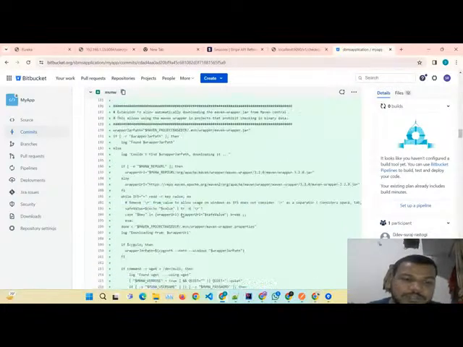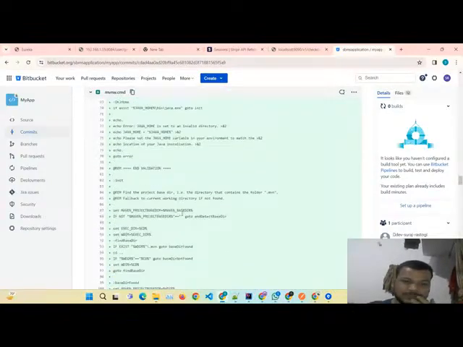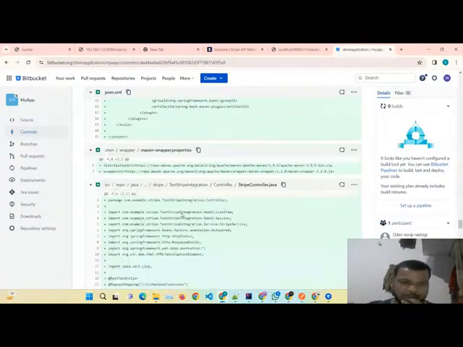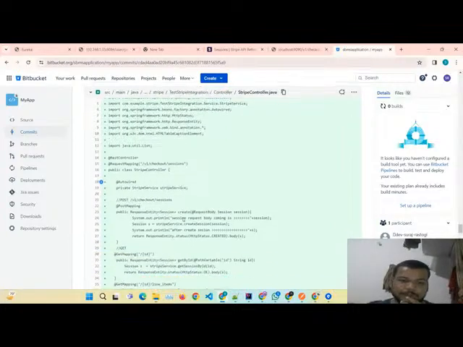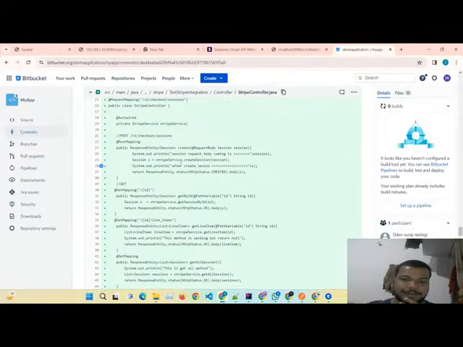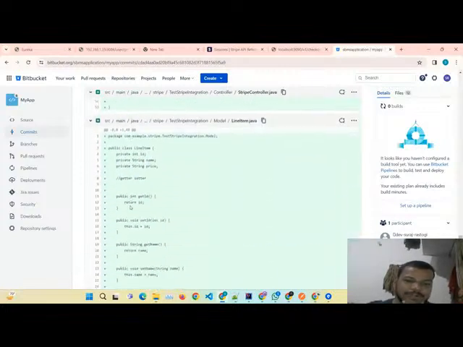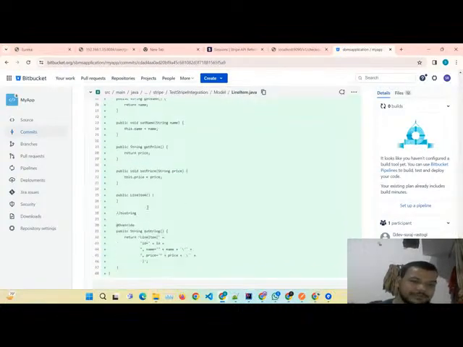Download all these files I added from the local branch to the remote. I can quickly check. This is the POM file. Yeah, this is the StripeController file where I put all the controller endpoints for API integration. We did a post mapping. This is the base URL, and this is the sessions request body. This is get mapping, get by ID, get all, delete all, and this is the POJO object for list item,